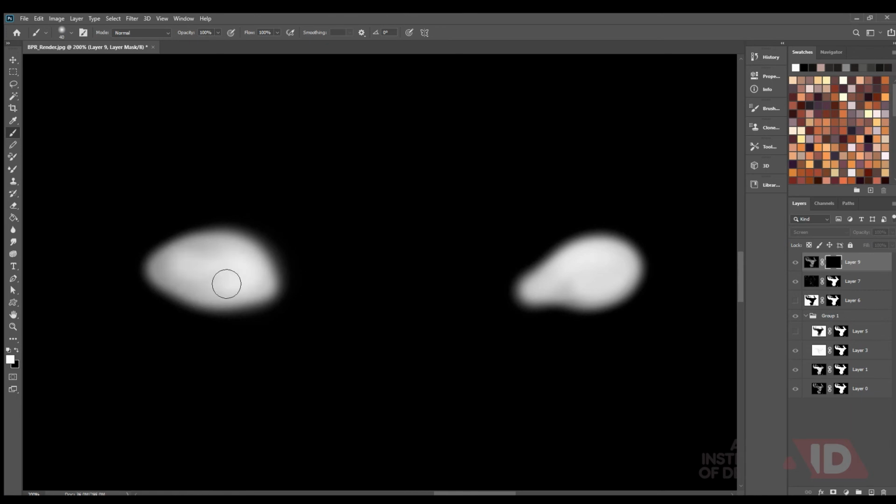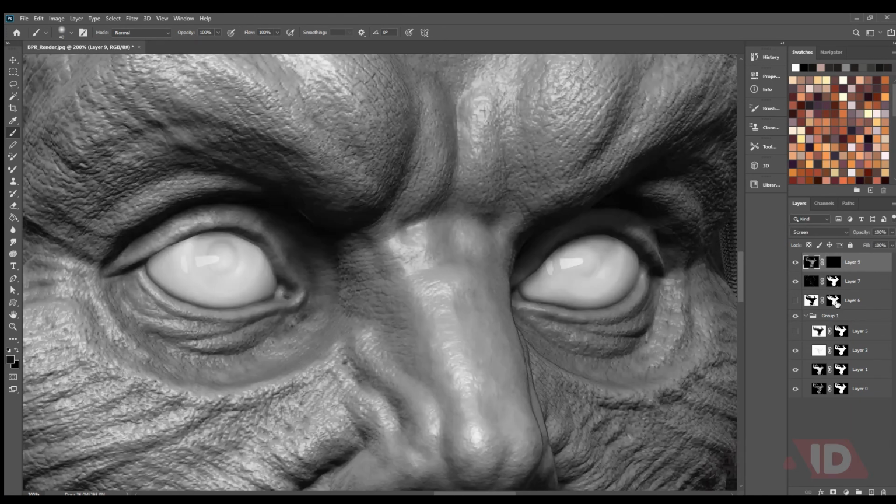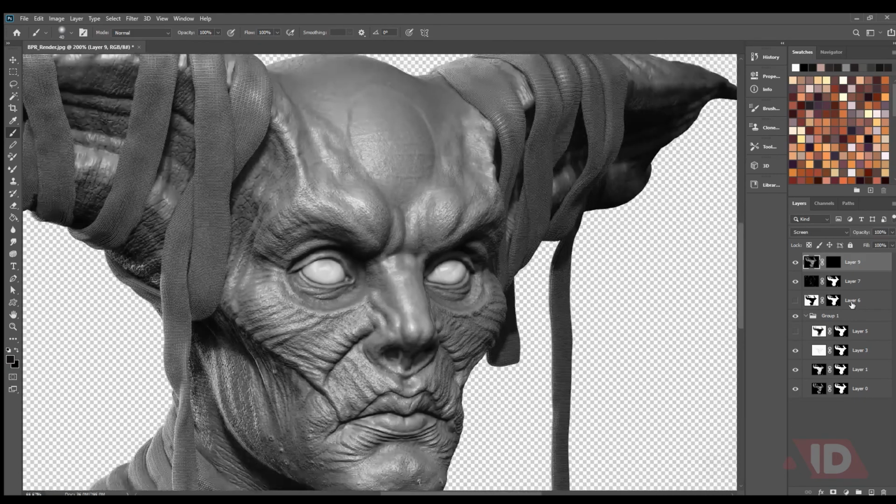You can paint this, keep it like this, and then it's already in screen mode. I can use a level, make it really dark so that I'll get only the reflection. So based on that, I can work. You can see now I have only the reflections.